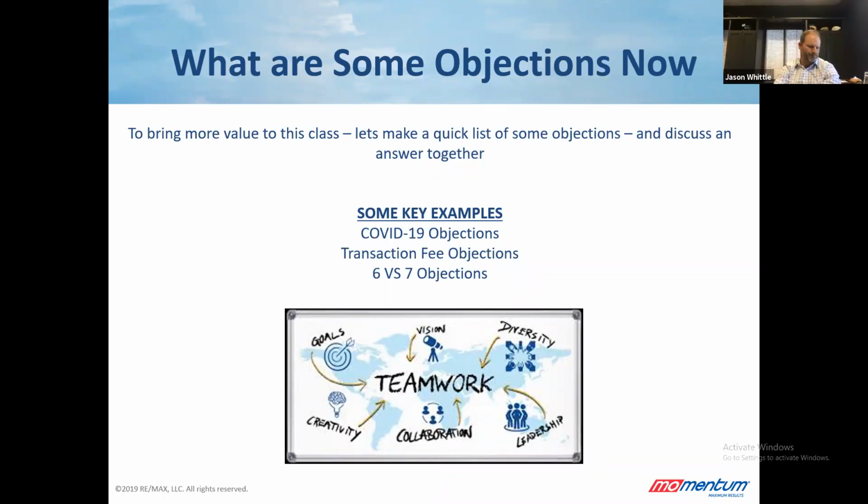Exactly right. Good point. So now I kind of want to transition to what Jason was saying. We want to make sure that we support you guys as much as possible, especially during this time that we find ourselves in, and it's new for everybody. So we thought it might be fun to just brainstorm on some objections and make a list. I'm going to write them down on my notebook paper and keep track of some objections that you guys are facing or have faced, what those were, how you overcame them, and just brainstorm as a group. And I think the more that we do that, the more that you guys can take that and overcome them in the field.